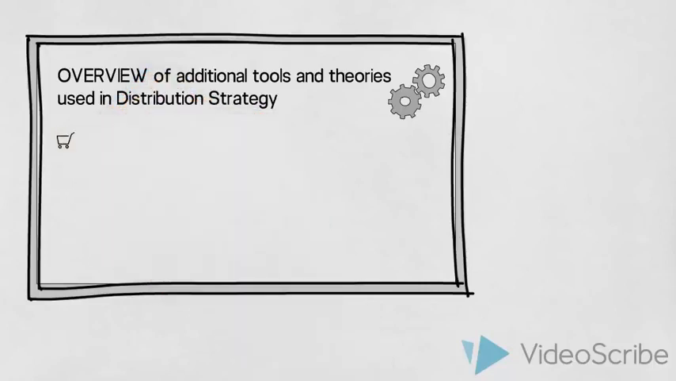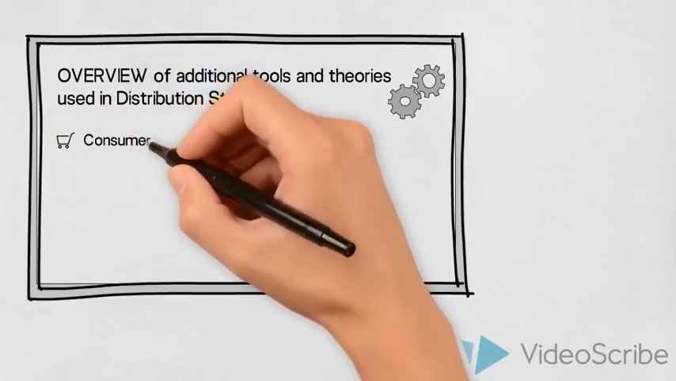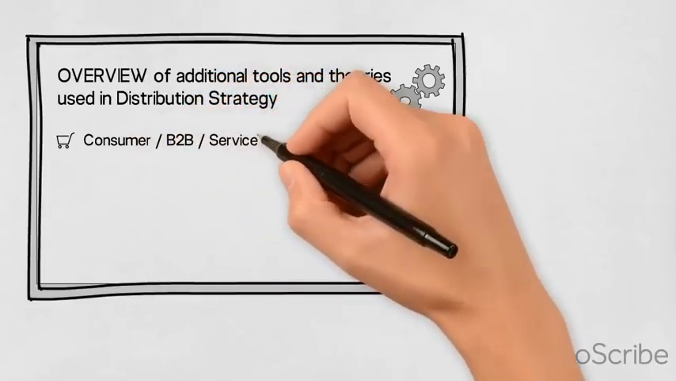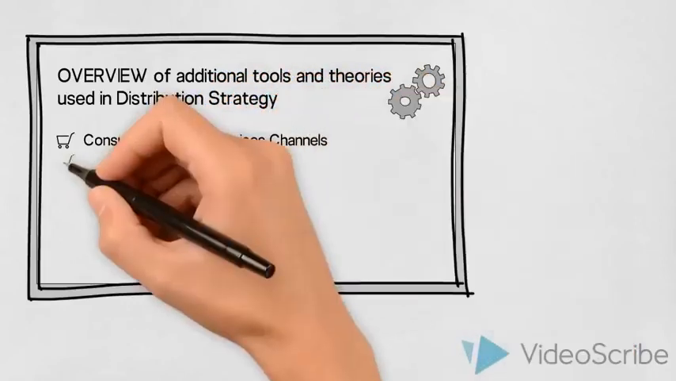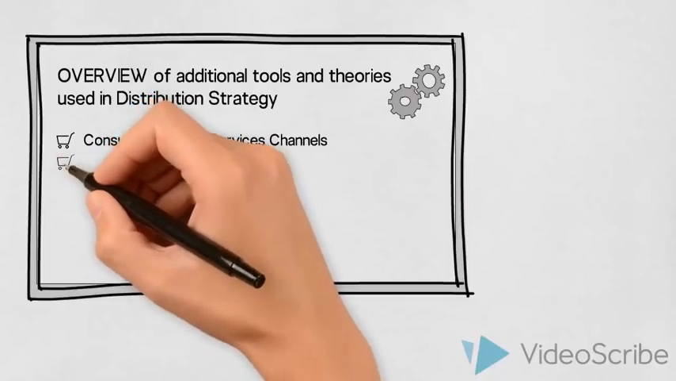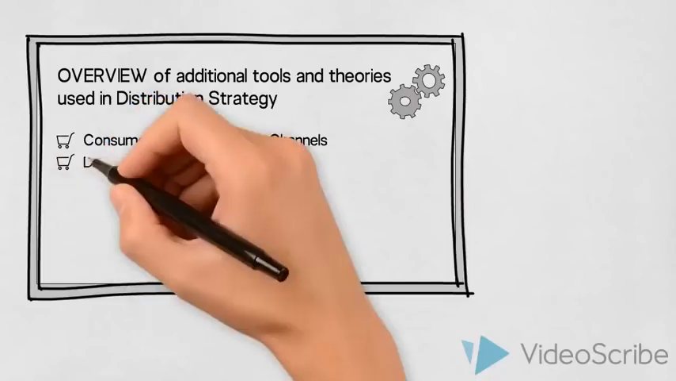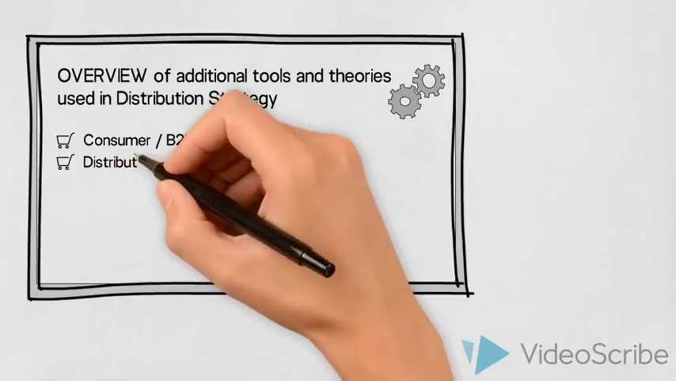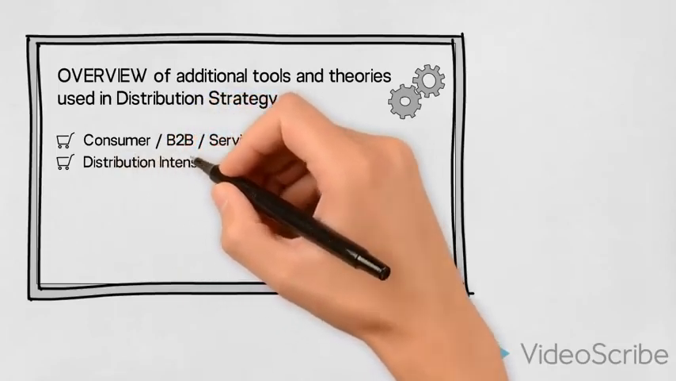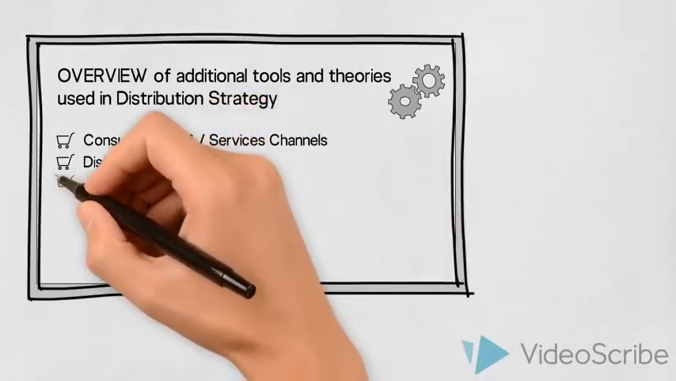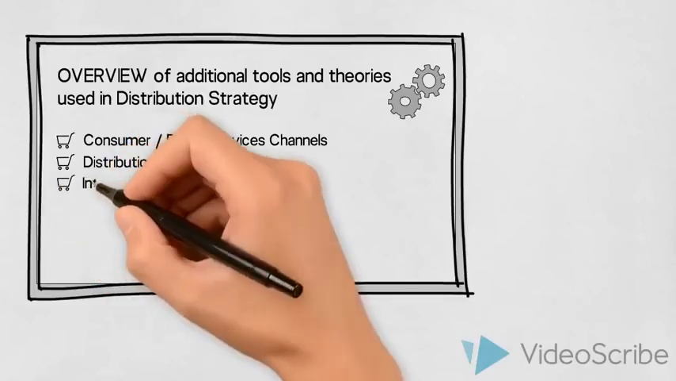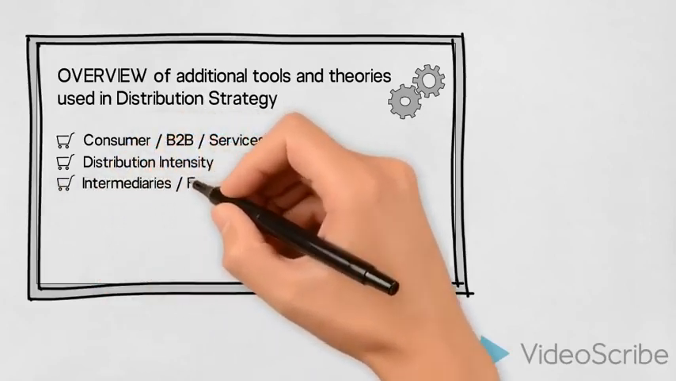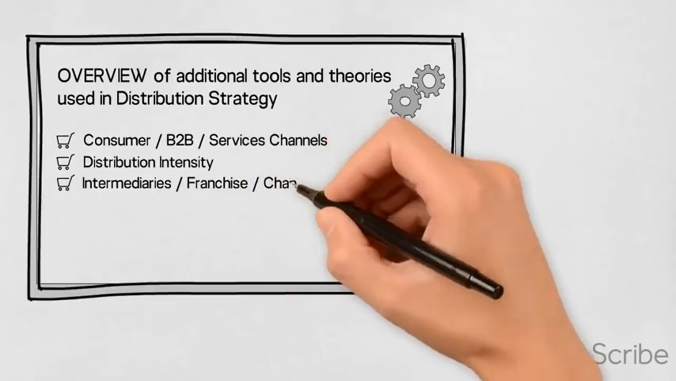We would determine whether we are dealing with consumer, B2B, and/or services distribution channels. Distribution intensity should be looked at. To what extent and in which context do we want our product or service to be available to the end consumers? Thirdly, we would consider whether to use independent intermediaries, setting up a franchise operation, or perhaps go for channel